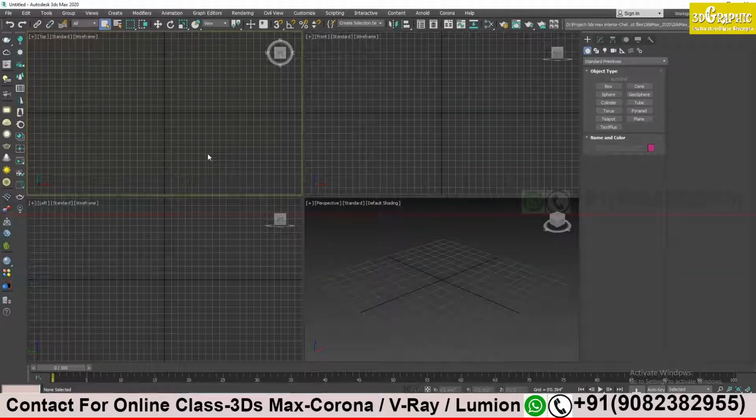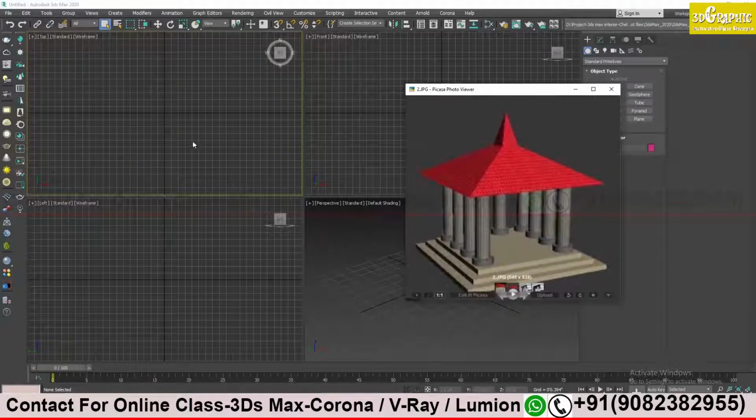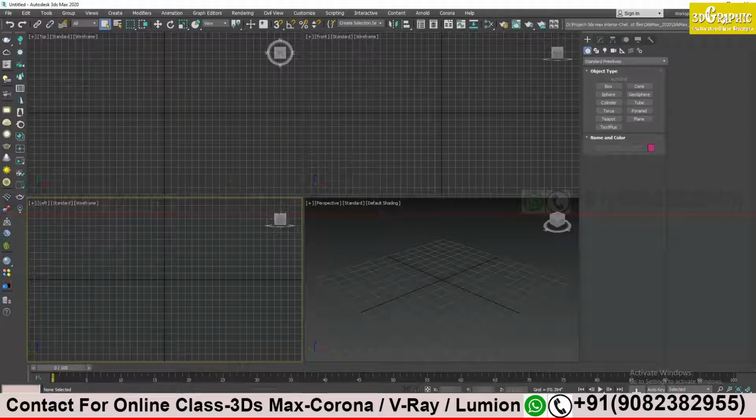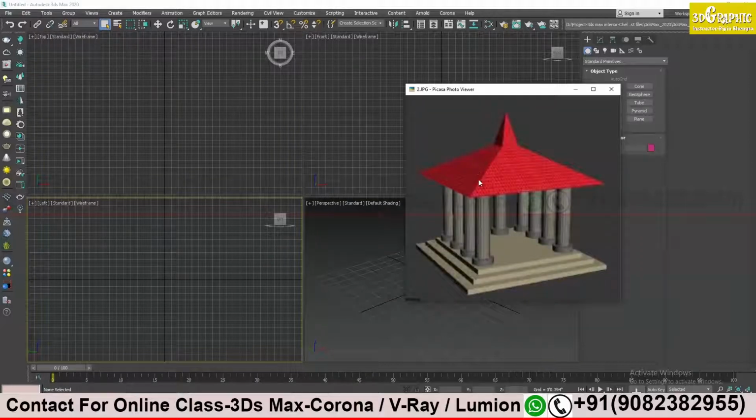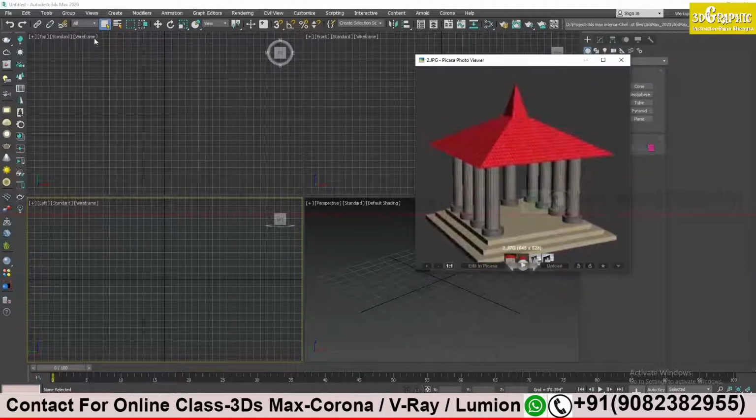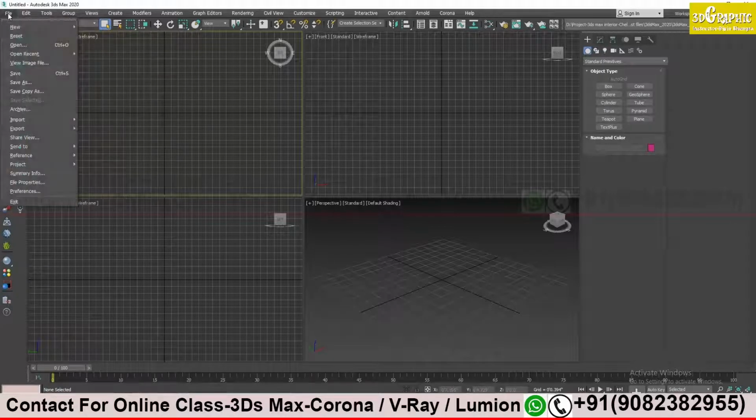So the first step we have to do is bring this reference image into 3ds Max. See, here I am not able to see the image. Every time I have to click on the image to see the reference image. So the first step will be how I can get my reference image in 3ds Max. Okay, to do that I have to go to File. On my top menu bar I have to left click on File, and then select View Image File,